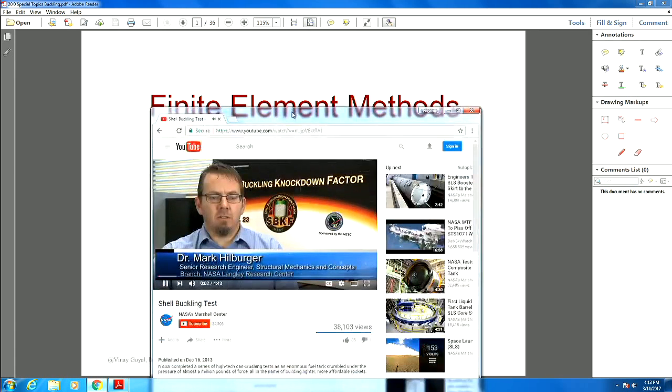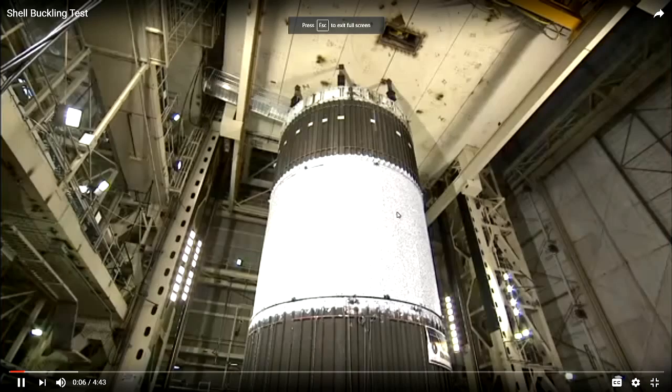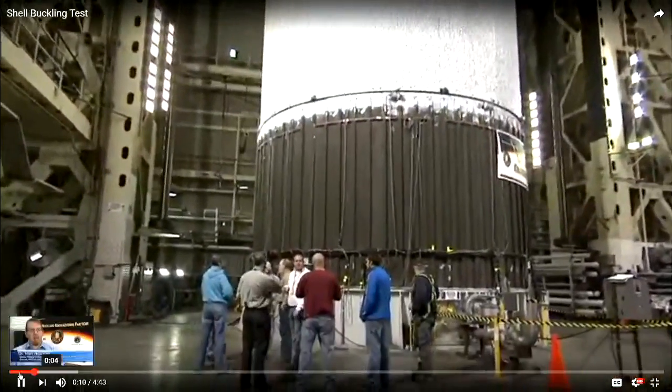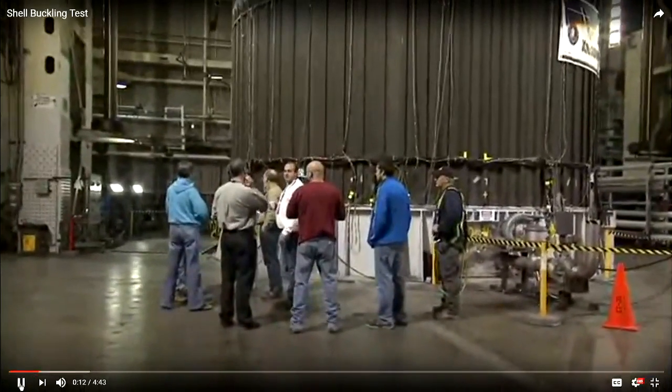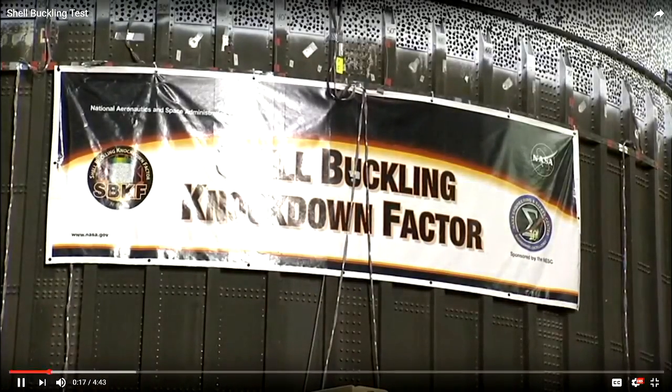The test article is a 27.5-foot diameter, 20-foot tall aluminum lithium orthogrid cylinder. Very similar to the types of cylinders that were flying on the Space Shuttle external tank. In fact, this test article is derived from some